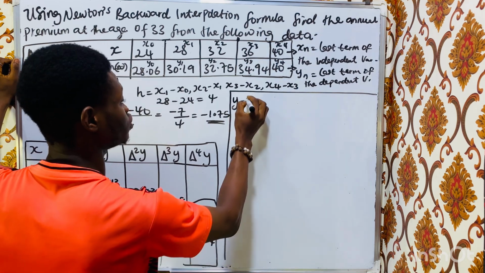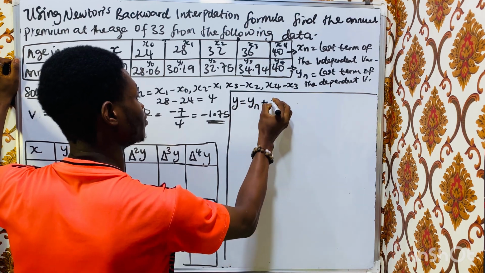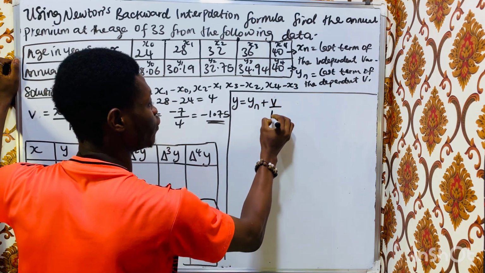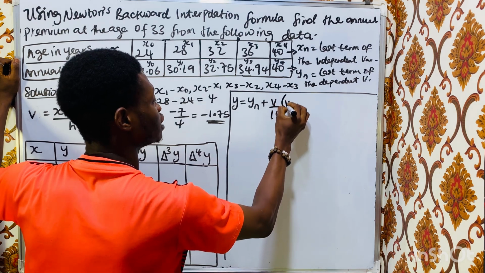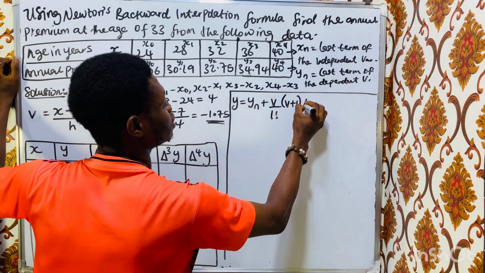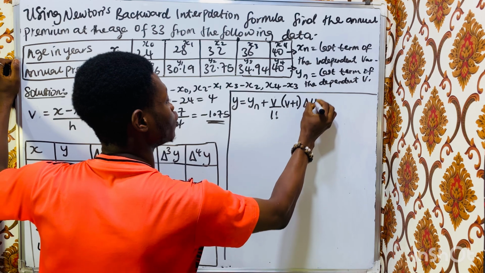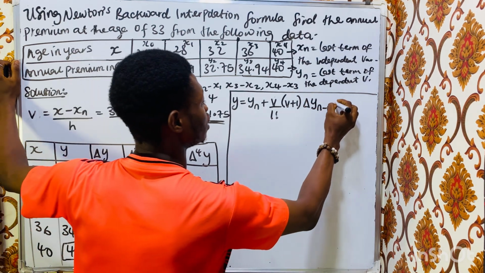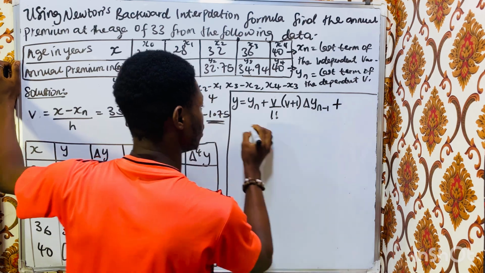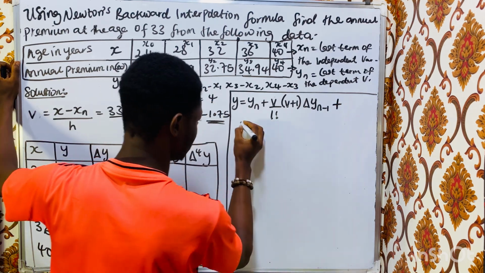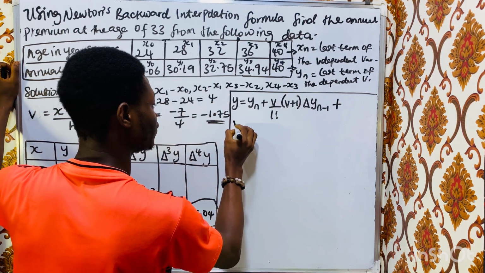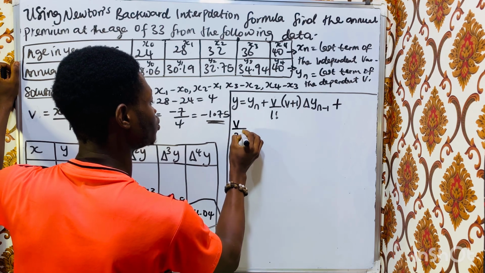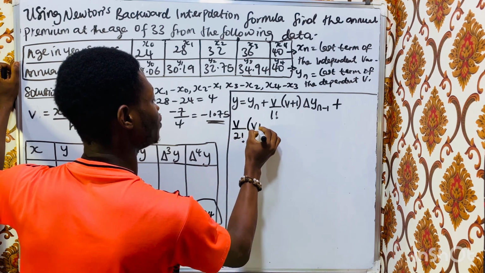Y is equal to y sub n plus v all over 1 factorial, then times v plus 1, then delta y sub n minus 1, then plus, let me write it here, plus v all over 2 factorial, then v plus 1,